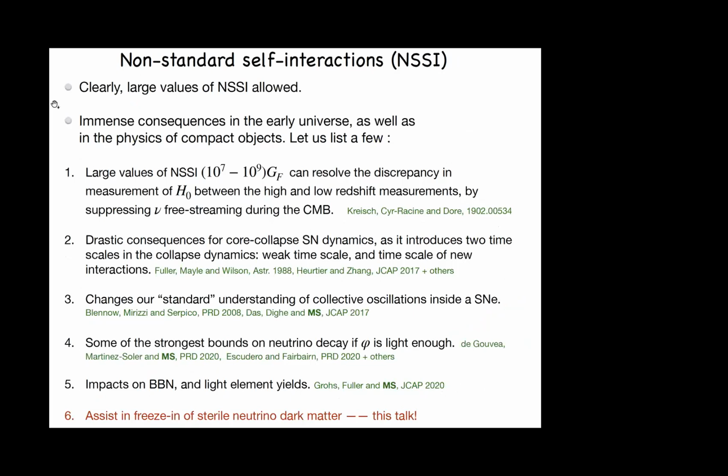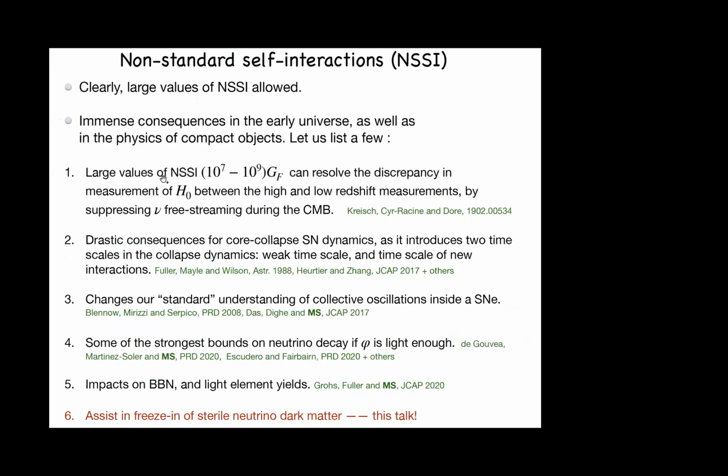The interesting part is, as I said, large values of these non-standard self interactions are allowed within the neutrino sector. And this immediately brings about a large number of consequences. So although constraints from terrestrial experiments are not so easy to put, these kinds of interactions can have very dangerous consequences for the early universe, for compact objects, and so on. So for example, a more recent work,